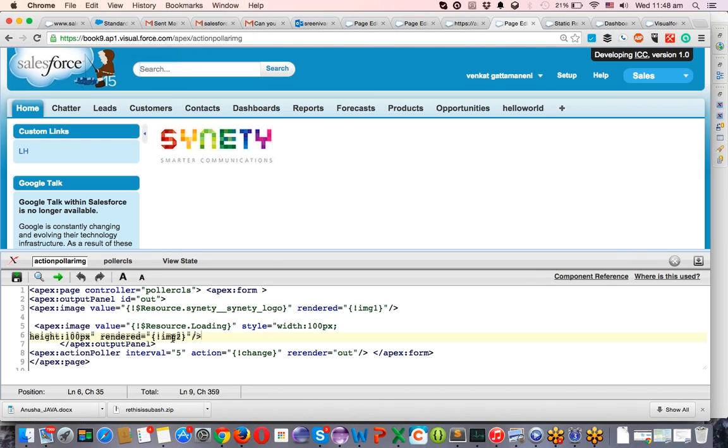These are flags whether to show the image or not. When I'm calling this interval after 5 seconds each and every time, if you go back, first of all, let's count how many variables and methods are available in this class. One class, that is action poller, and this is the flag. This is a variable. The result of image 1 is true or false, and the result of image 2 is true or false. This is a flag, which means a Boolean variable. There are 2 variables, 1, 2,